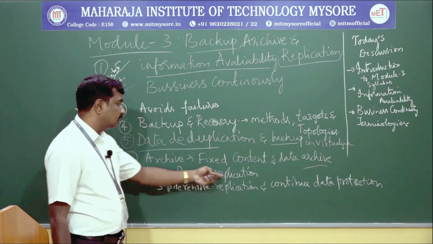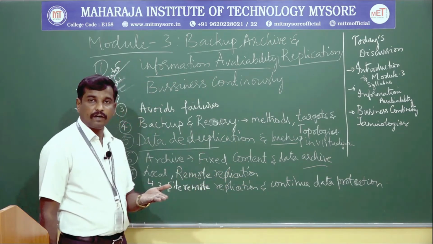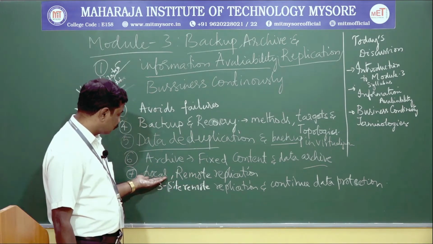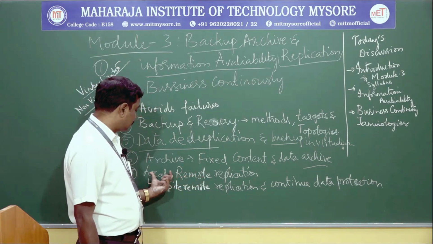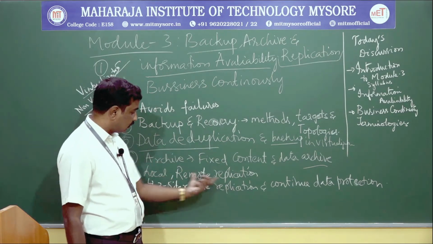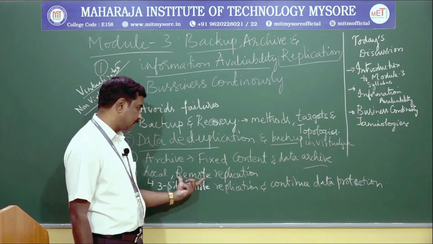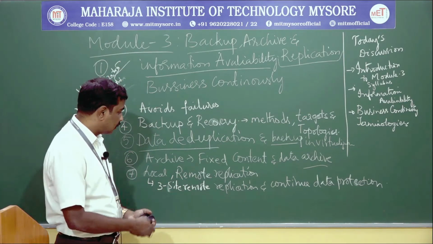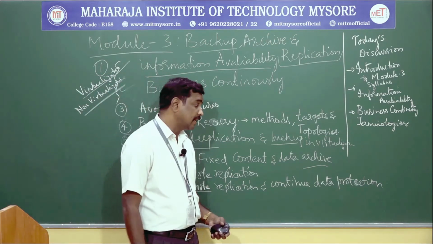And then we understand the concept called replications. So, how do we do the mirroring operations? Immediately when the data is stored in a data center, do we want to store it in the other data centers at the same time, so the data which is stored in one data center is parallelly stored in the other data centers, like that remote data replication can be done. How do we do that? So, whenever we perform such type of operations, we learn the concept called 3-site remote replication,